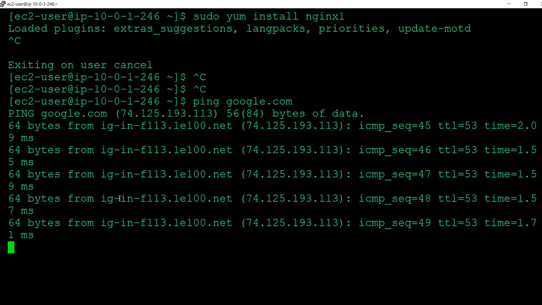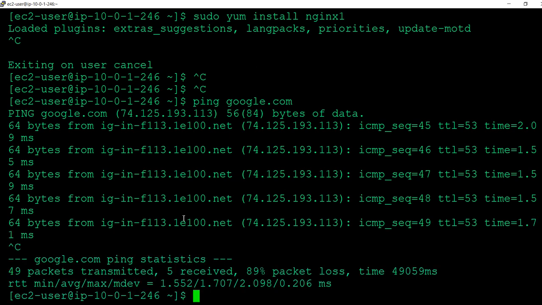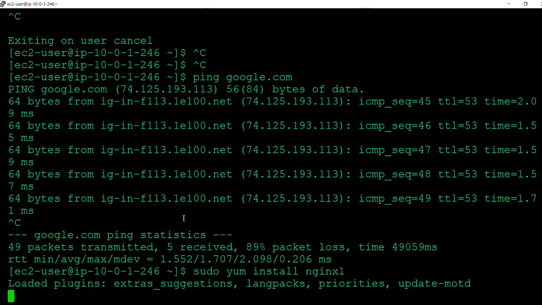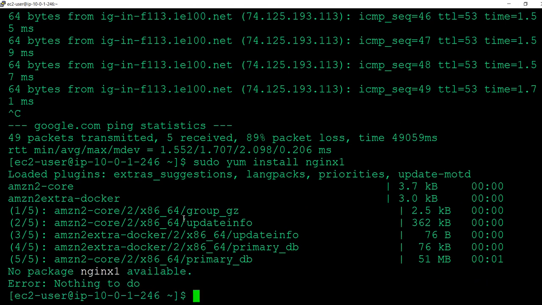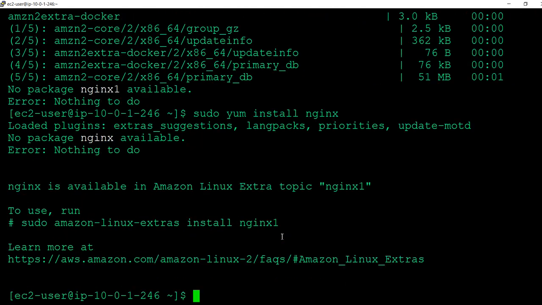Now I will install, sudo yum install nginx1. Now it started installing. Earlier it did not start because there was no nginx. Something it is telling, there is some issue with the nginx package.